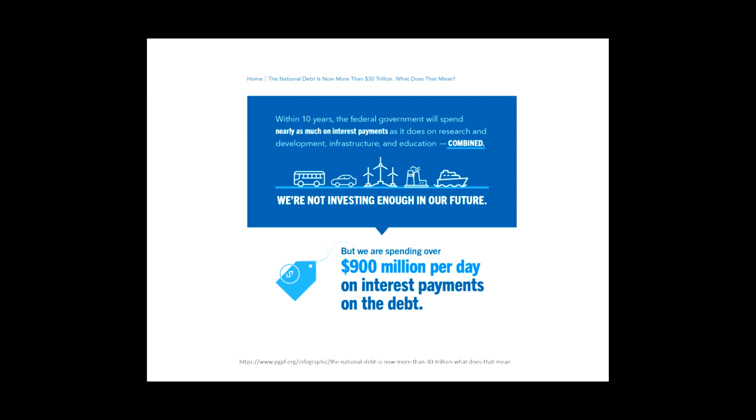So the purpose of this lecture was to give you an idea about what the budget is, what some of the components are, how the budget process works, and where we've been over the last few decades with regards to spending, taxes, and things like that. And in our next video, we'll look at using the federal budget to achieve macroeconomic objectives.